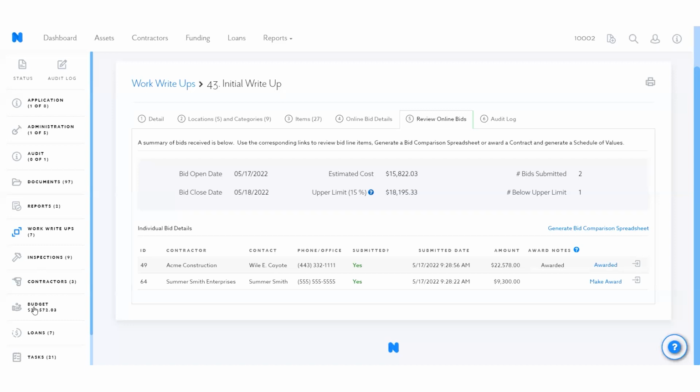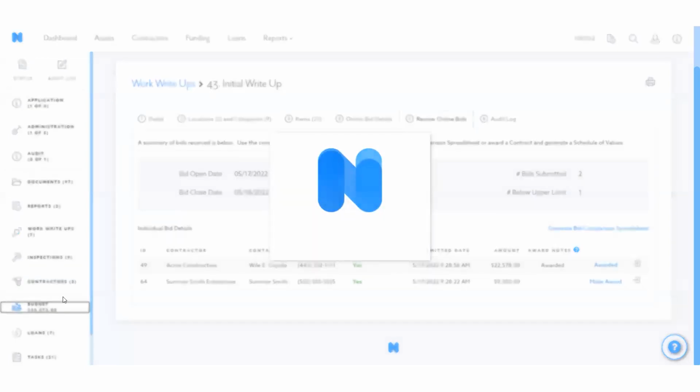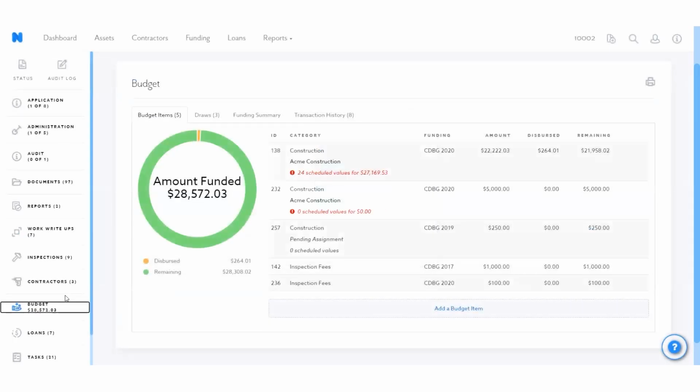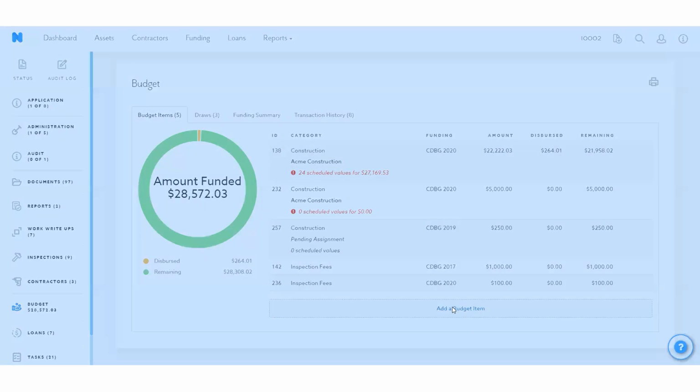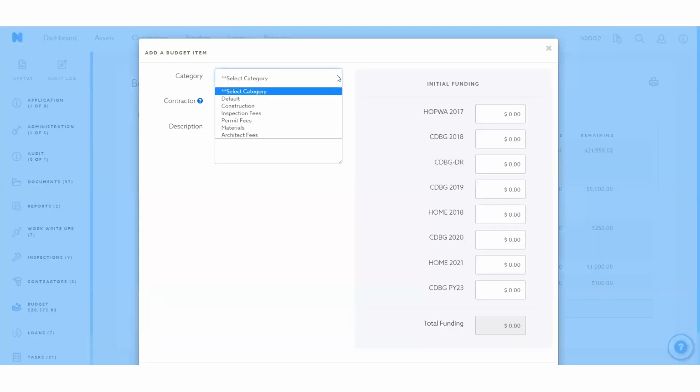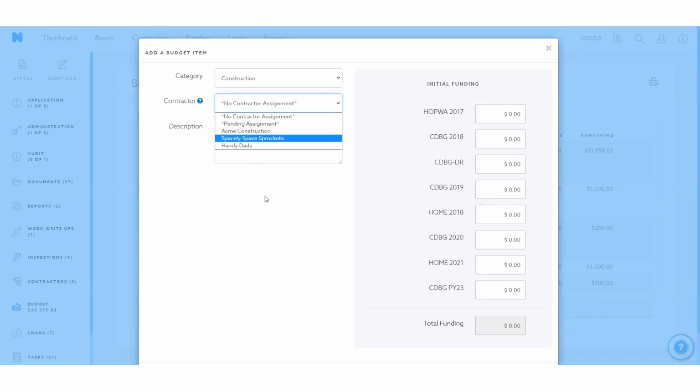All right, let's talk about budget. When it's time to fund a particular case for your housing rehab program, adding a budget item is really simple. Just come up here, add a budget item, construction, put in the amount and the funding source that you're funding it from. You can also select the contractor that you're using for this case and fund that